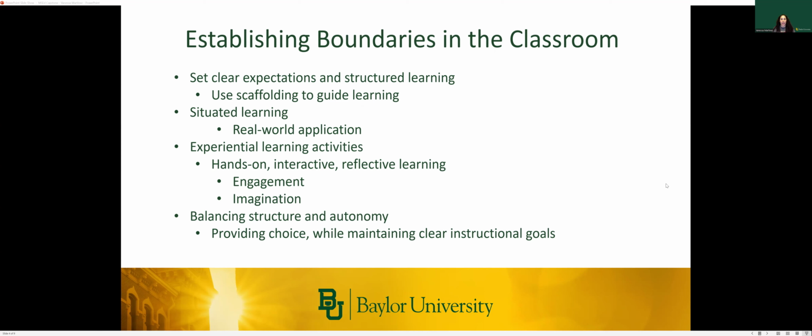I explain our weekly or unit objectives to ensure that my students know what we are learning and why it is important for their personal and academic growth. Additionally, this drives their internal motivation and their individual growth. I offer situated learning experiences. I make sure that I connect the lessons to real-world applications, which makes learning meaningful and engaging for my students. I use students' prior experiences to make connections and interact with the learning that's happening within our classroom.